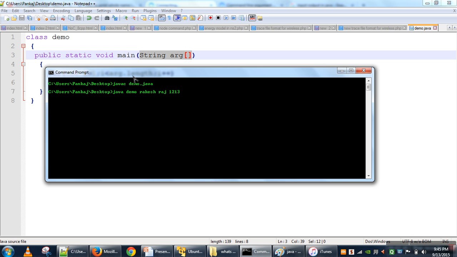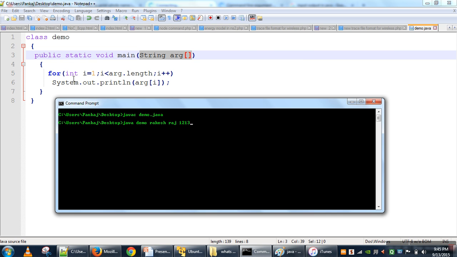Next, we have to access these arguments in our program. In Java, every array has a property known as length. Using this property we can find out how many elements are in the array.